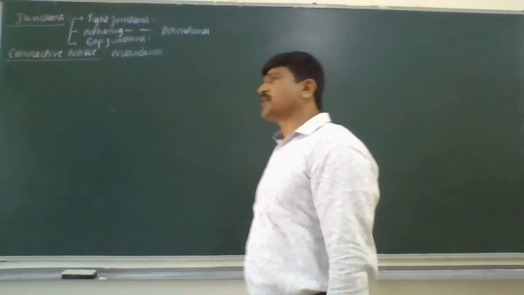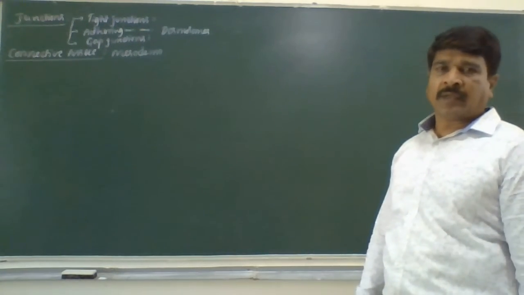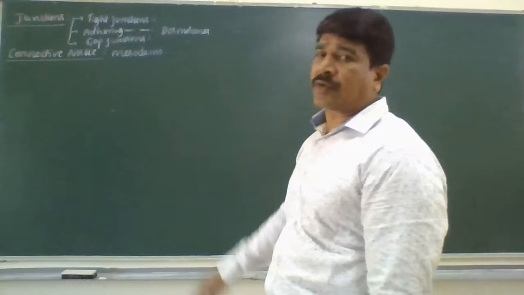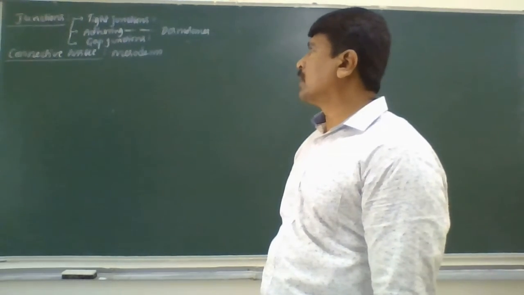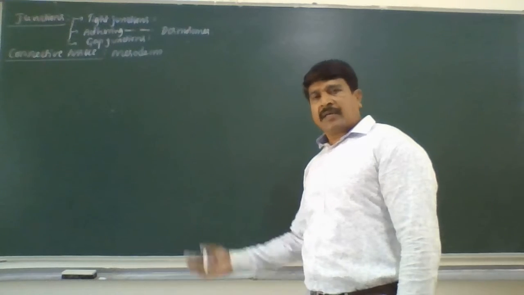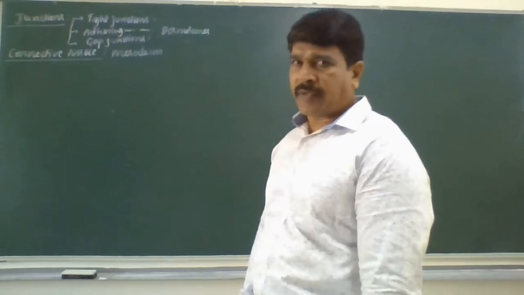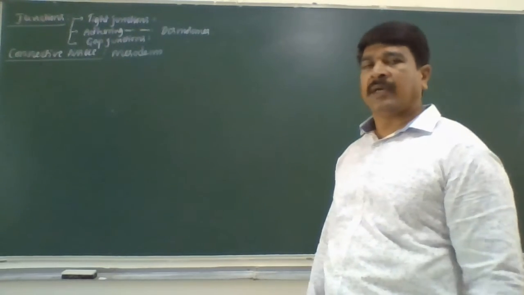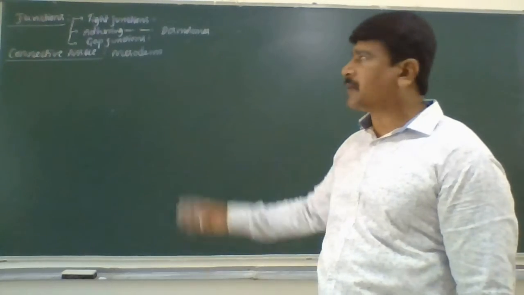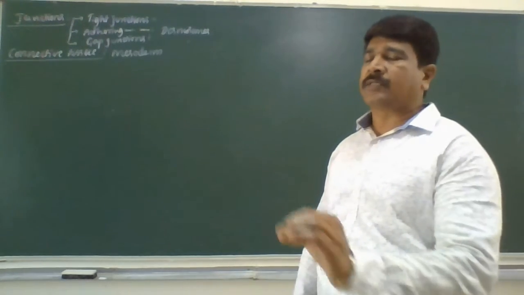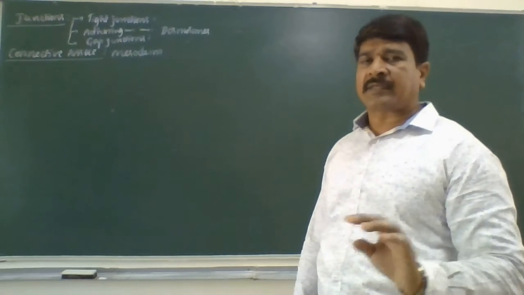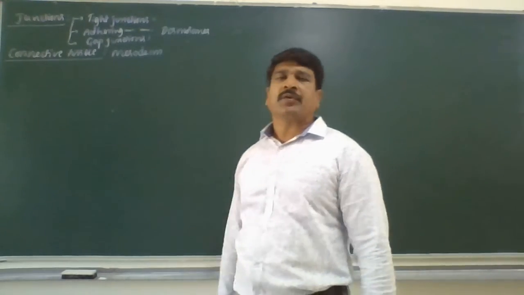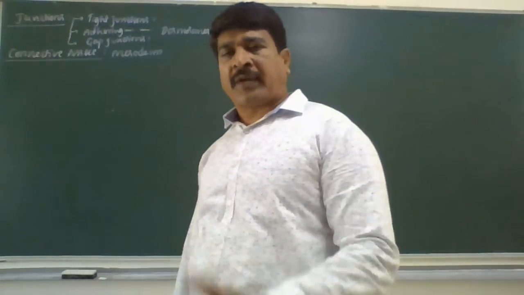You know this tissue is supplied with blood vessels. Yesterday we discussed that epithelial tissue is avascular, but connective tissue is vascular. You remember that also. The cells are loosely arranged with intercellular spaces filled with the matrix. That matrix contains different types of cells and fibers. Later, in the types, I am going to explain the different types of cells as well as the fibers. Yesterday we discussed that cell types and fibers are absent in epithelial tissues.